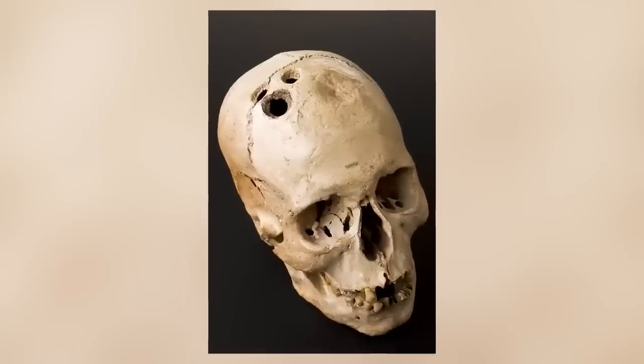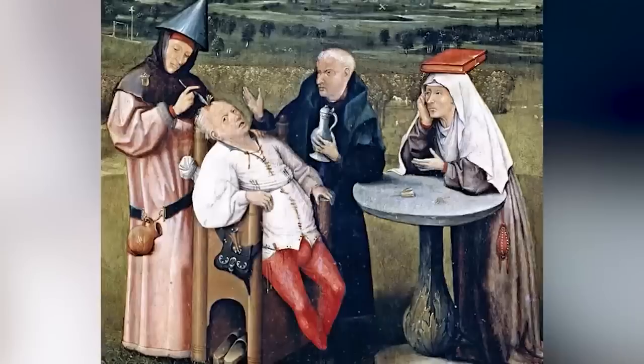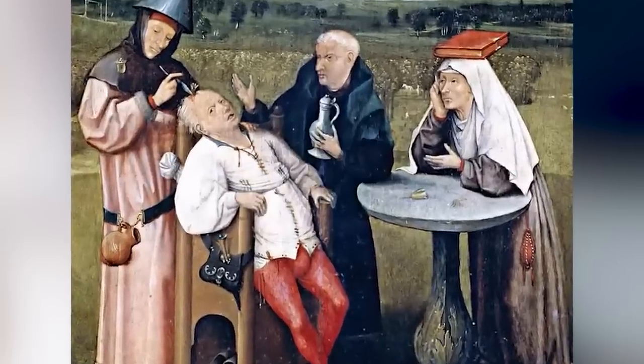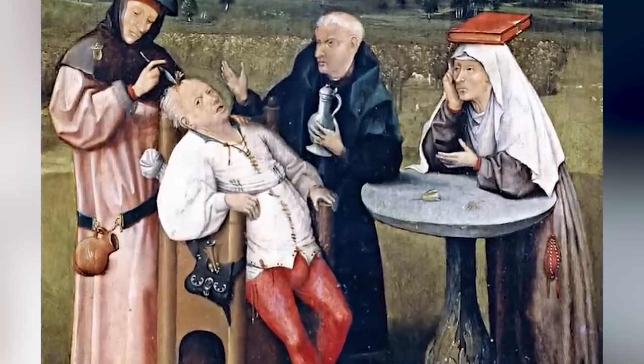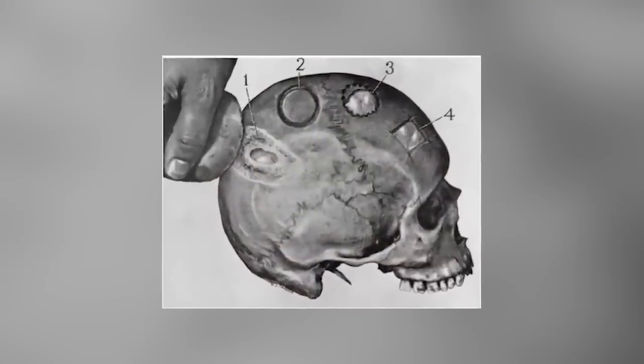Turning the clocks back to thousands of years ago, trepanation was the practice of drilling holes into your skull. A popular theory is that trepanation was done to release evil spirits. Yeah, let's drill some holes in our skull and see if our mental illness just goes away. That'll help. As barbaric as this sounds, skulls found in Peru hint that this procedure wasn't as fatal as you'd